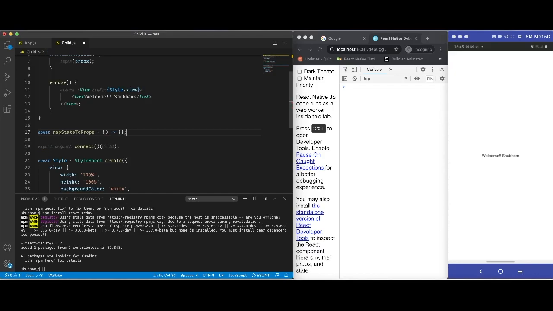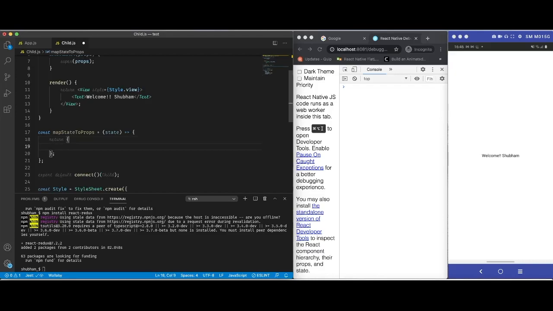These functions take two parameters. The first one is mandatory and the second one is optional. So we are going to use the first one, and the first parameter is state. The state is the same value that we have used in the reducer. So we are going to get the same object here, and this function returns an object, and the object which is returned from this function is merged with the props of the component.